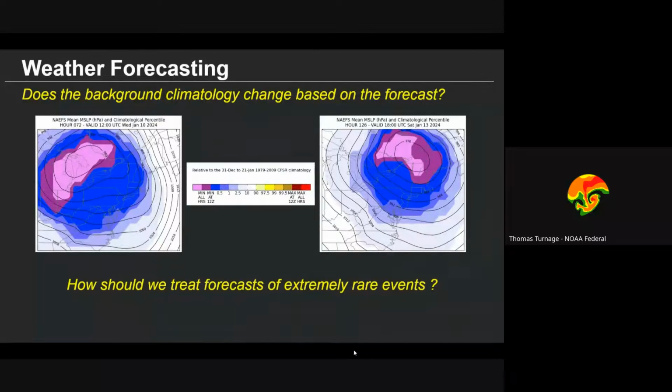So the probability of a false positive, remember, is the probability that the forecast is wrong. So let's say this is an 80% chance, right? So the probability of it being wrong would be 20%. But here's the kicker. Then you've got to multiply it by the climatology, by the realistic expectation that you would ever see that in the first place. So that would be like maybe a 1 in 100, 1 in 1,000 event, right? So the chances of having a false positive goes way up, and that's something that we have to